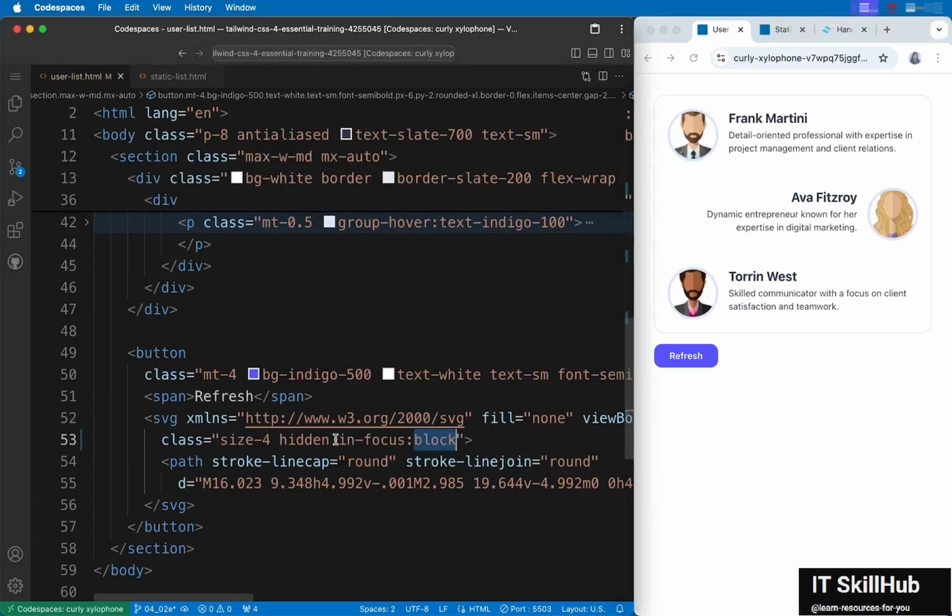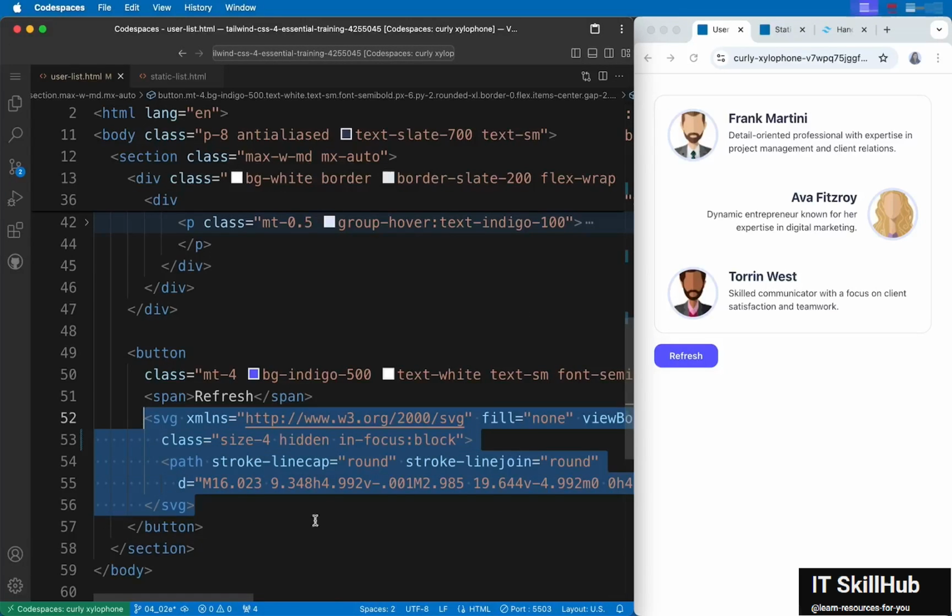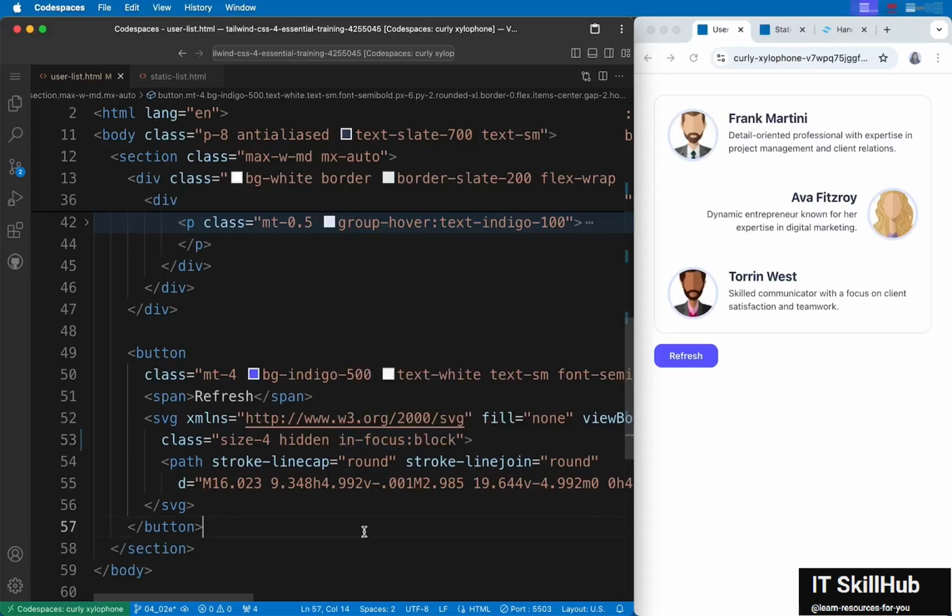Yes. So this means if any parent element of this child is in focus, then you can change the classes. Of course, add this carefully because this can mean any parent. So if you have any focusable element in the parent, then you might want to use the group class because you would want to target the specific element. So something like this saves an additional class. Alright, I'll talk about one last variant before we conclude.